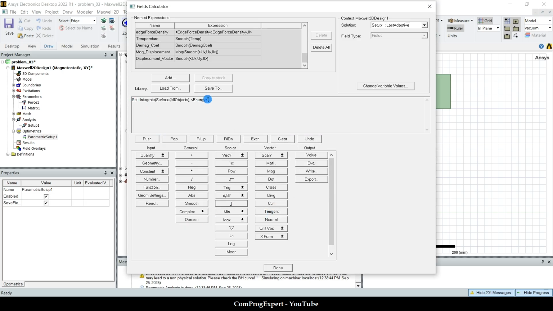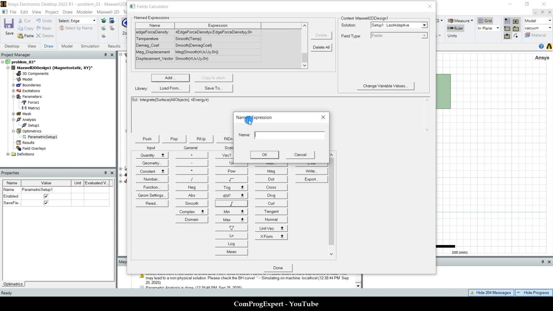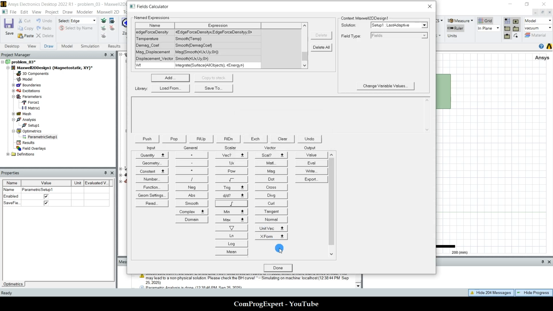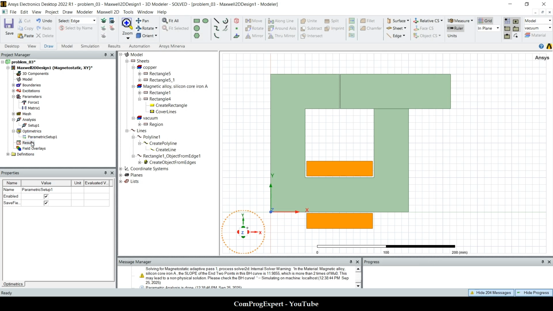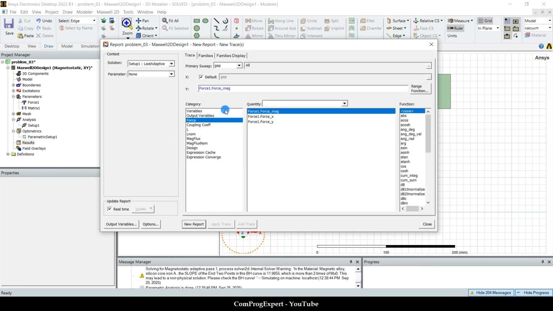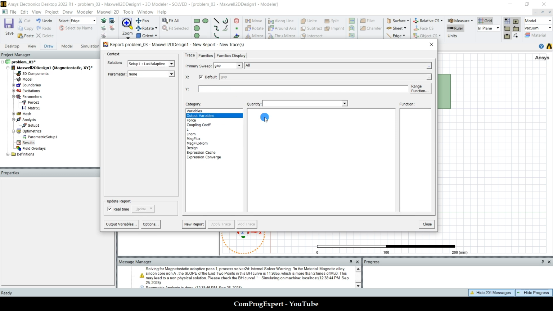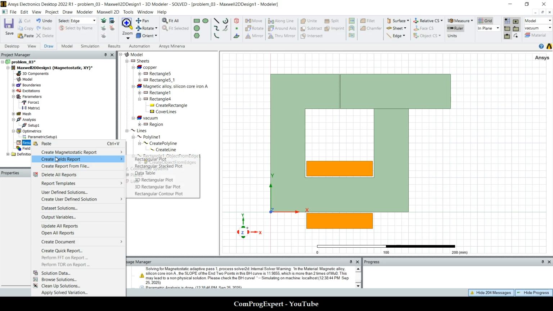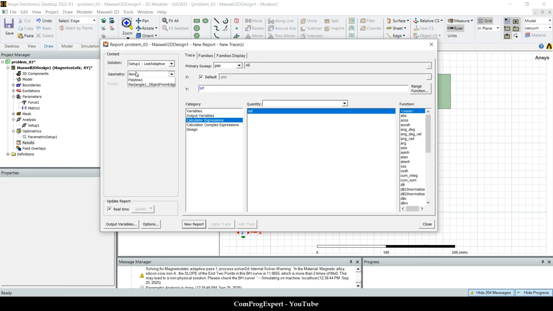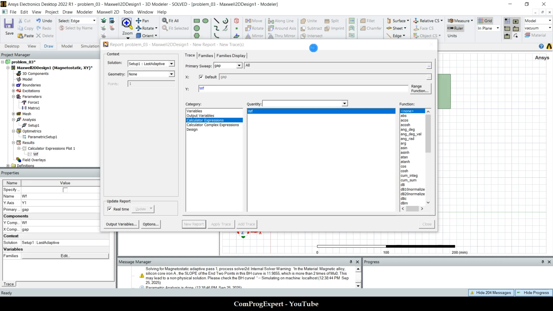Yes, the integral of the energy over all of these surface objects. So this is, let's write WF energy, and here let me plot this variable,